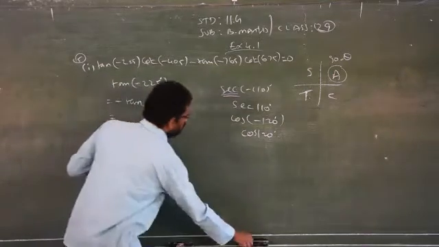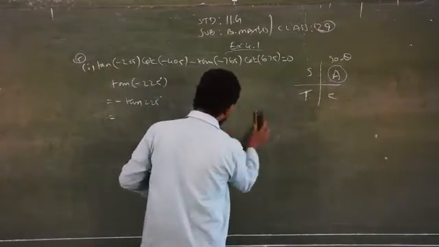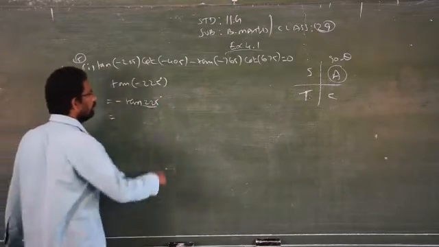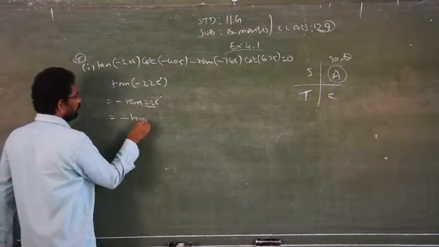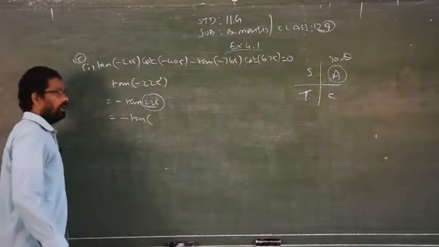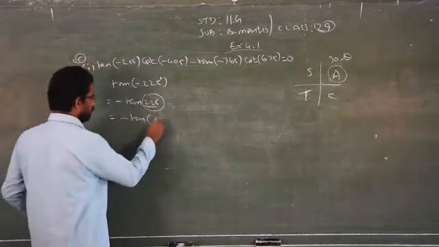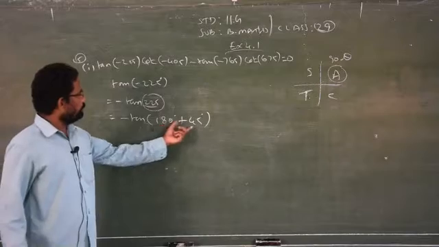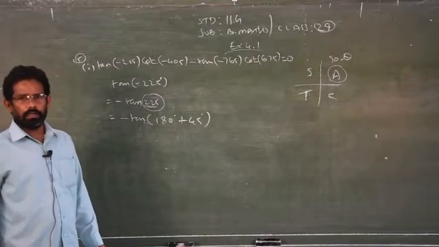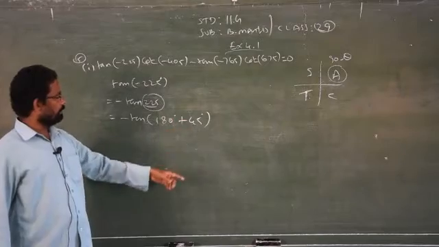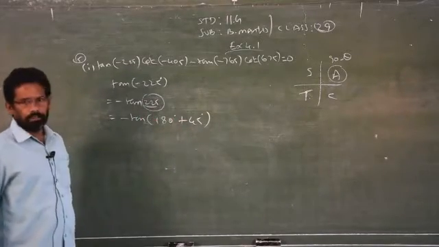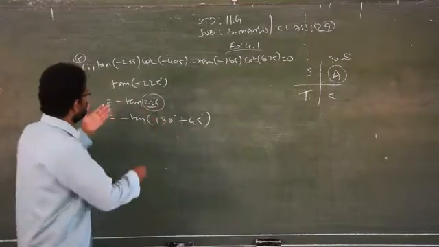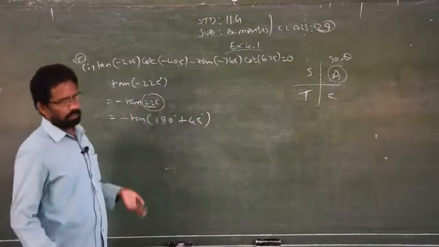Now your aim is to express 225 in terms of either 270 or 180. That is your wish. Clear? Now it is very close to 180. Therefore, I express 225 in terms of 180 plus 45 degree. When you add this, you will get 225. Am I correct? You add and see. 180 plus 45, it is 225. So, I expressed the given angle in terms of 180. If you wish to express it in terms of 270, you can do it. Nothing wrong.